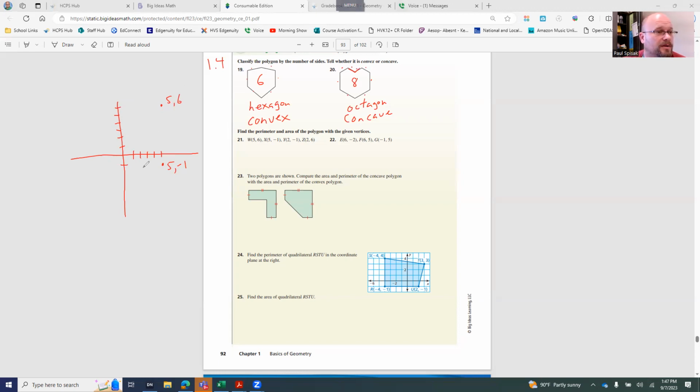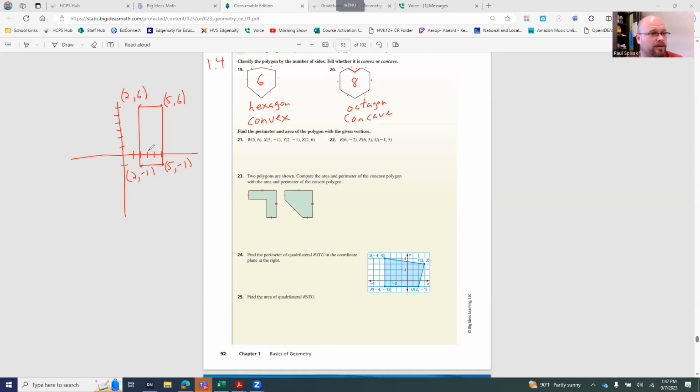Then we have 2, -1, to -1 right here. The last point, 2, 6. So this one is a rectangle. Let's see if I can draw a straight line here using my tools. Make this look a little bit better. All right. So now,